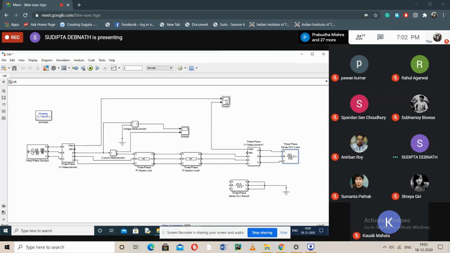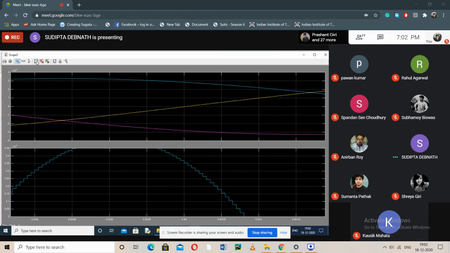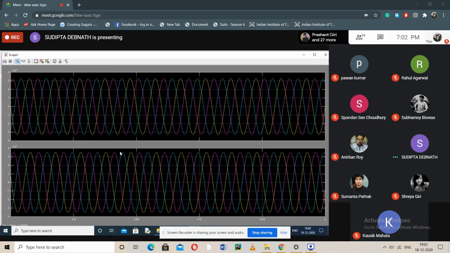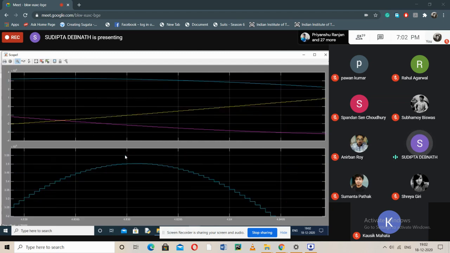See, what is the value? Receiving end voltage, it is coming as 3.5, you can see here. So 3.5 into 10 to the power 5, that means volt, that means 350 kV. So the sending end voltage is 326.6. Receiving end voltage has become 350 under lightly loaded condition. That means when the load is 300 megawatt. Clear? So these two lightly loaded conditions, we have observed the Ferranti effect.